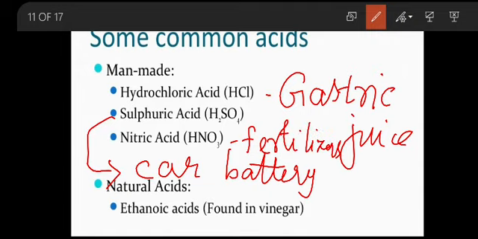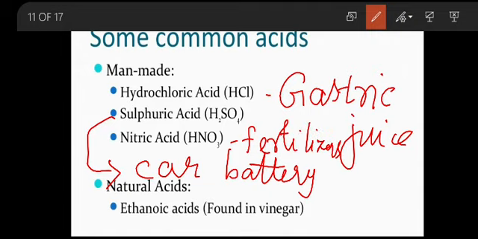Okay, children. So, did you understand now what is meant by acid? Whenever a solution is having more of H plus or hydrogen ions in it, then it becomes an acid. Examples we saw as HCl acid in stomach, gastric juices, citric acid, car batteries, sulfuric acid, fertilizer, nitric acid, milk, bread, potato, everything are some acidic substances.